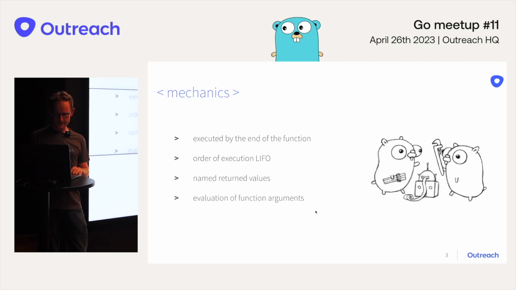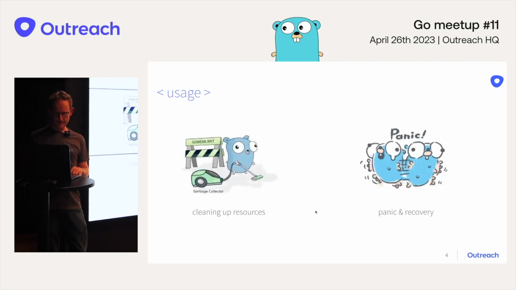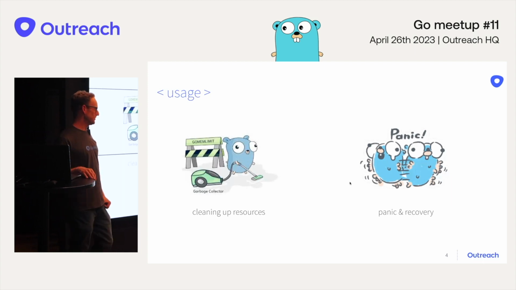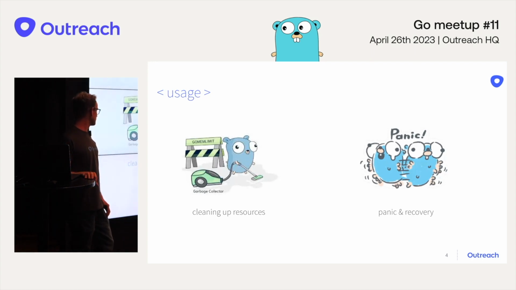Okay, so I think we've discovered the basic mechanics, and let's talk about the usages a little bit. The recommended usages, there are actually not that many of them. I think the basic ones are the cleaning up of resources, as I mentioned here, for example, closing the database or closing the file. Of course, you can do some procedures. I don't know, if you have some counter and you want to make sure that every time the counter is increased by 1 at the end of your function, also a very good usage.